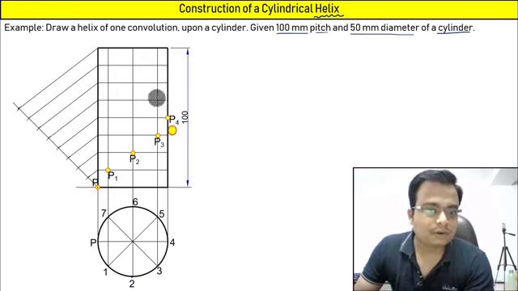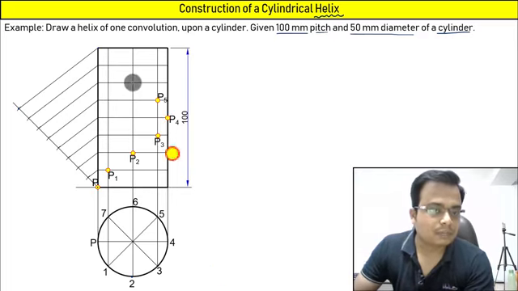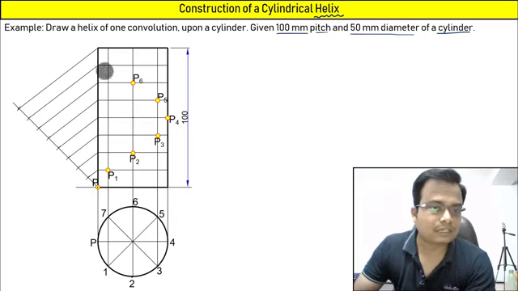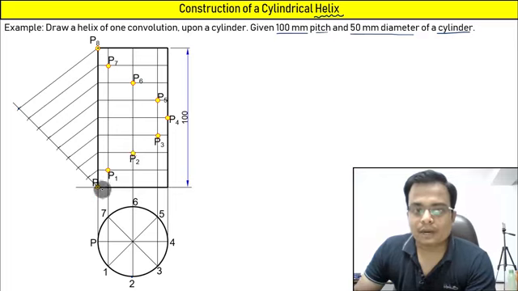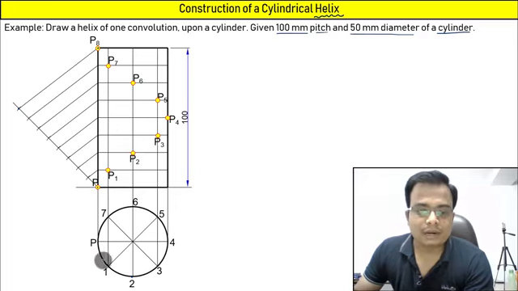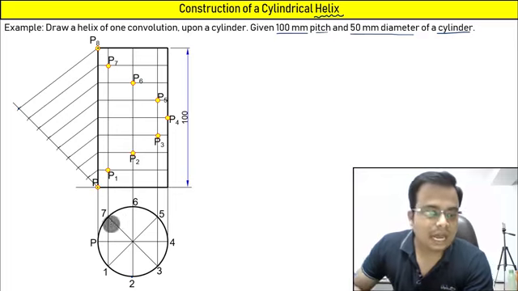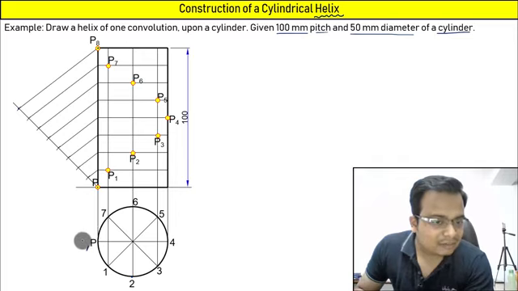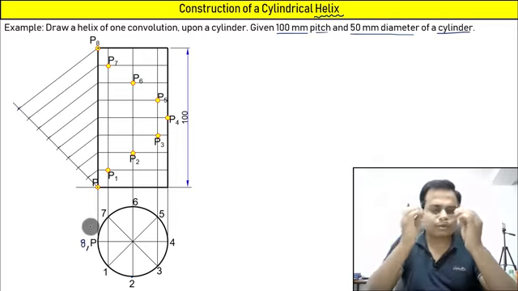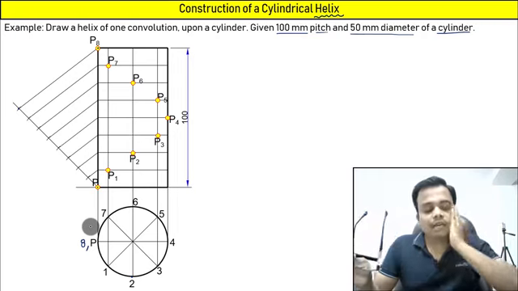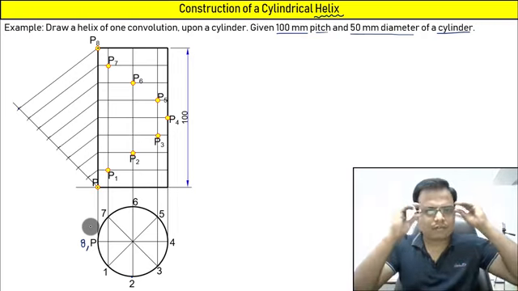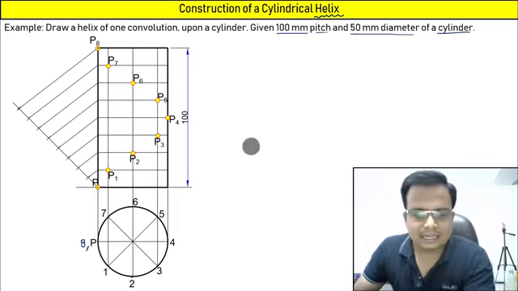In the same way you can work out the remaining points. That is above 5. That is P5. This is above 6. That is P6. The point will keep on advancing. That is P7, and finally this is your P8. Now you can say that one revolution is complete, from 1, 5, 6, 7, and this is 8. So it has completed one convolution or one revolution, you can say, and in that case it has traced